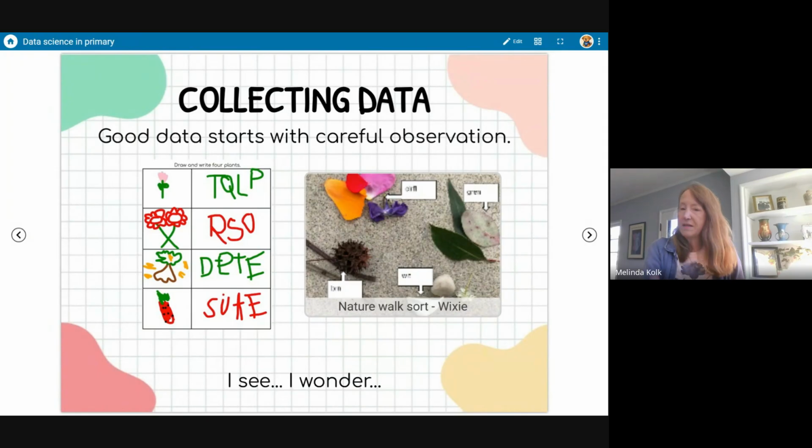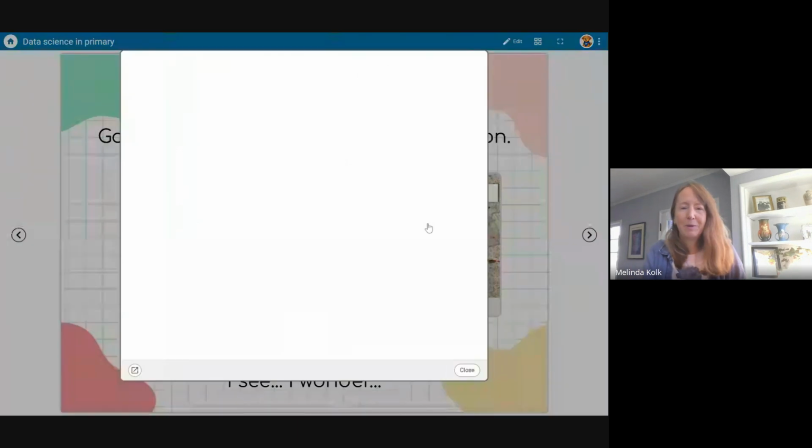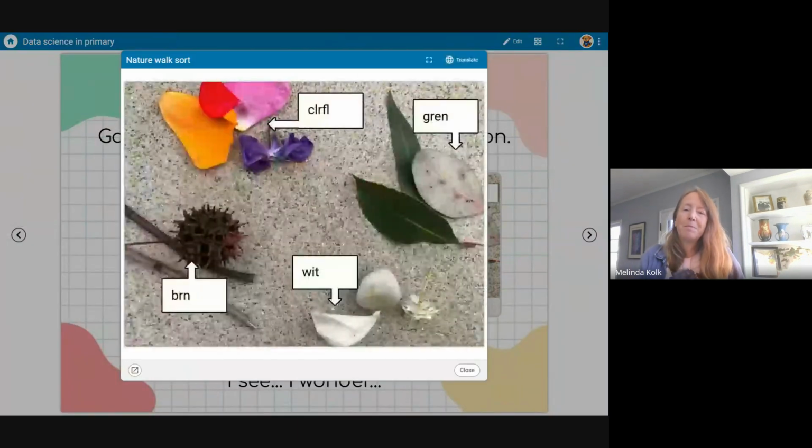So again, we're practicing some of our early literacy and our phonemic awareness skills. We're practicing visual representations of information. In this case, they collected all these things that they found on their nature walk on the ground, and then just asked them to sort them and put them together. And we just did that on the sidewalk. I think it was brown, white, green, and colorful, with that phonetic spelling. I can make it a little bit bigger to read those a little better. So they identified how they sorted it.